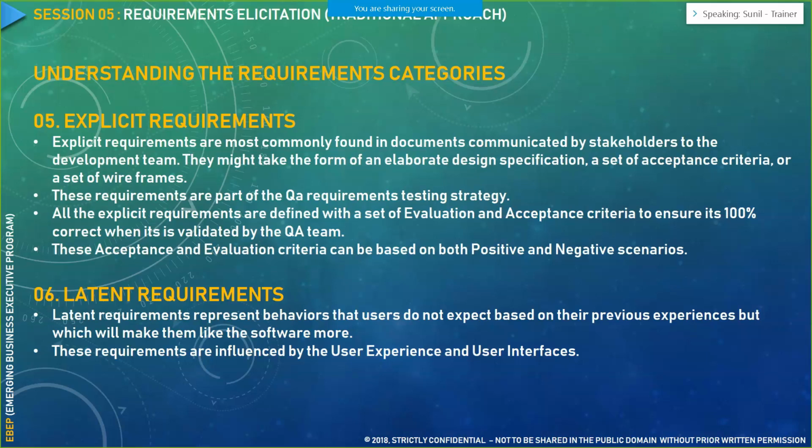Then comes the sixth category of requirement, that is called latent requirement. These requirements are more from a behavior perspective, like the material design example I gave you. That is essentially part of your latent requirement, which is heavily influenced by your user experience and user interface. Like I should be able to make a payment within one click. So PayPal has their tagline that just click on that PayPal button and enter your details and you should be able to complete your payment.